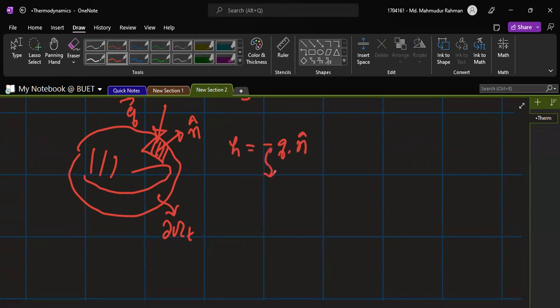We get this minus sign in front of this expression, which indicates that if q is inward, then q dot n is negative, then h, the heating, is positive. If q is outward, then q dot n is positive, but there's a negative sign in front, so h will be negative. So if heat is coming in, h is positive. If heat is going out, h is negative. Following this convention,